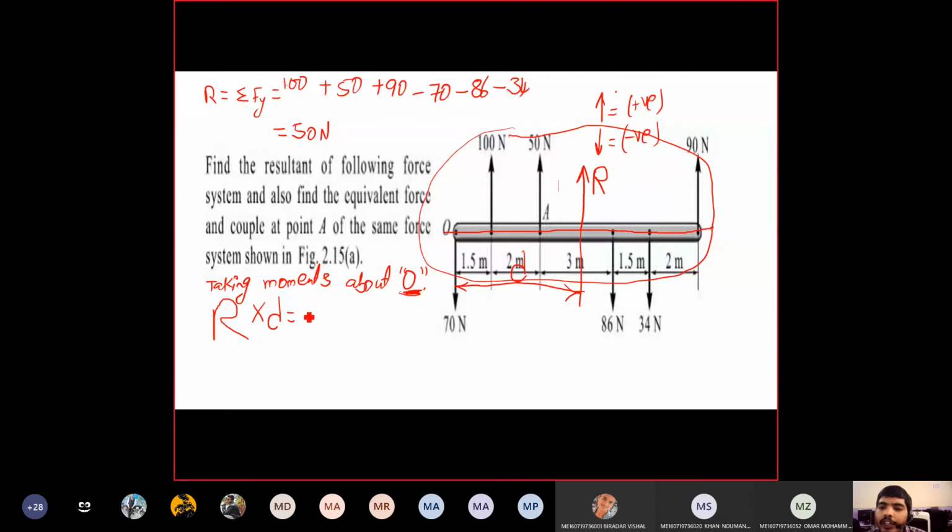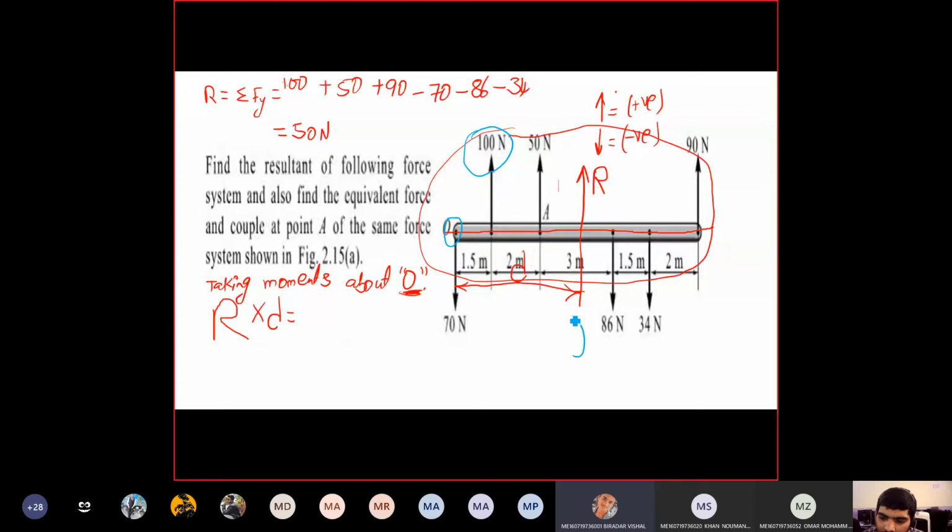Next, I want to bring this 100 Newton to this O point. I'll change the color. Wait, I'm using this blue color now. Now, I want to bring this 100 Newton force to this point. So, how will it travel? Will it move in the clockwise direction or anti-clockwise direction? Anti-clockwise.